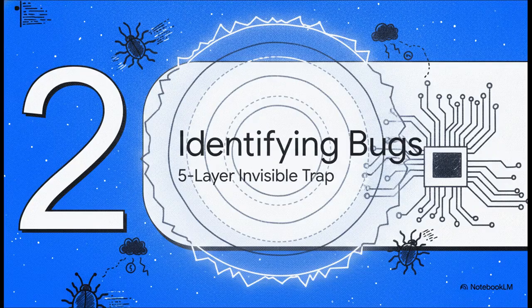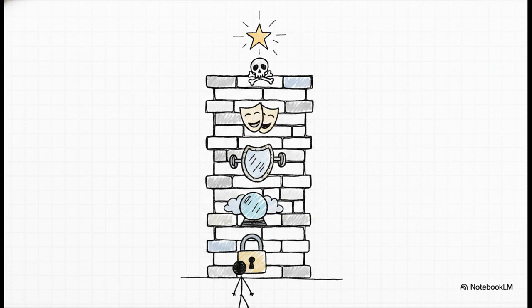Moving to section 2, identifying the bugs, the 5-layer invisible trap. To actually run this 360-degree deep scan, we need to know what kind of malware is quietly draining our energy. And it's broken down into a 5-layer hierarchy. First up, assumptions. These are our silent defaults, like unquestioned beliefs of, well, this is just who I am. Next are presumptions. These are basically emotion-led predictions, like automatically assuming that if you speak up in a meeting, you'll